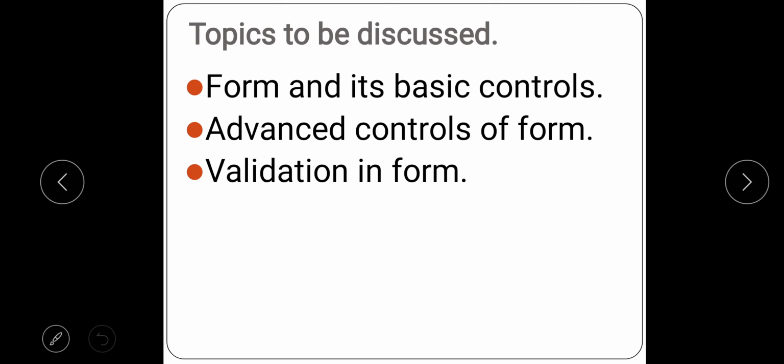Then validation plays a vital role while designing any form of a website. So all these concepts we will look in details in the further slides. So let us move to the next slide.